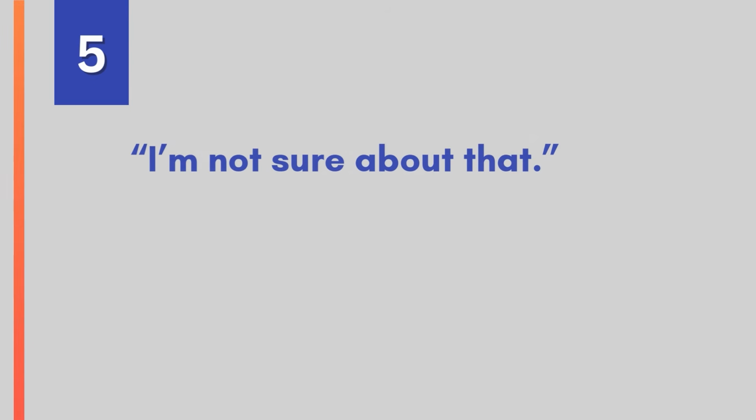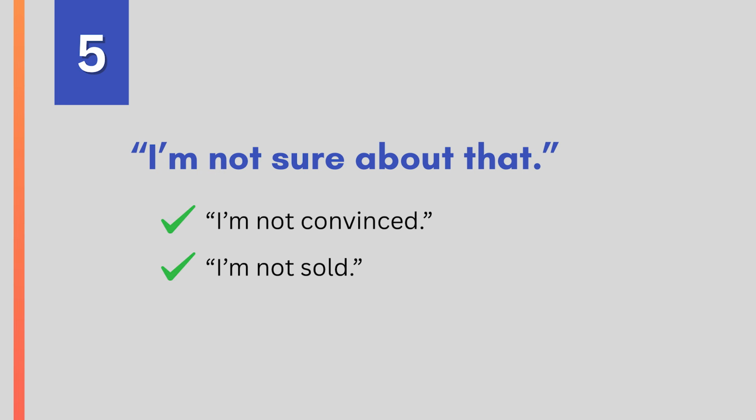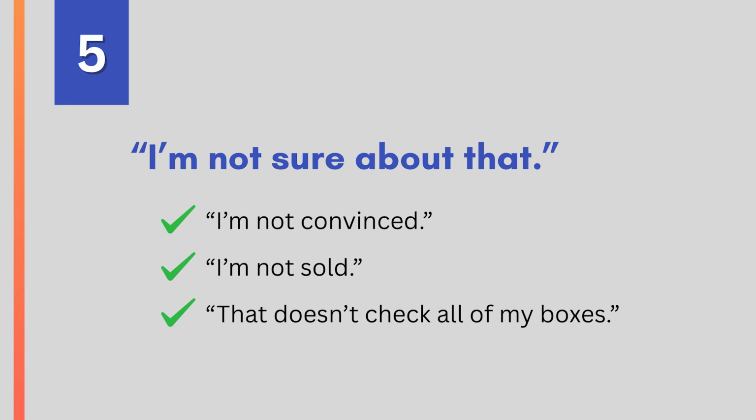The fifth tip is a verbalized version of the Seinfeld shrug. You can say any version of, "I'm not sure about that," "I'm not convinced," "I'm not sold," or "that doesn't check all of my boxes." One of the reasons I like this option is that you're saying perhaps this boundary is not permanent or it might be negotiable if the situation changes more in your favor. In fact, I've said that phrase or phrases like this authentically before, and the person has come back to me later with an even better offer a couple days after that did check all the boxes. That wasn't my intention, but assertive communication and negotiation often go hand in hand.